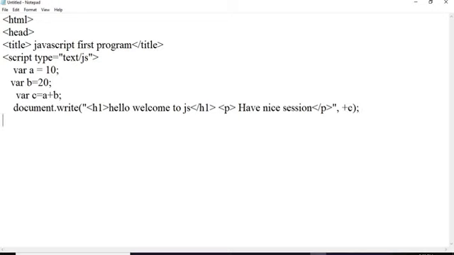So if we want to display the content in a different way, in JavaScript we have the features like it behaves as a dynamic. As we require the value of variable numeric, it is going to display numeric. If we want to display the string, that is going to display as a string.